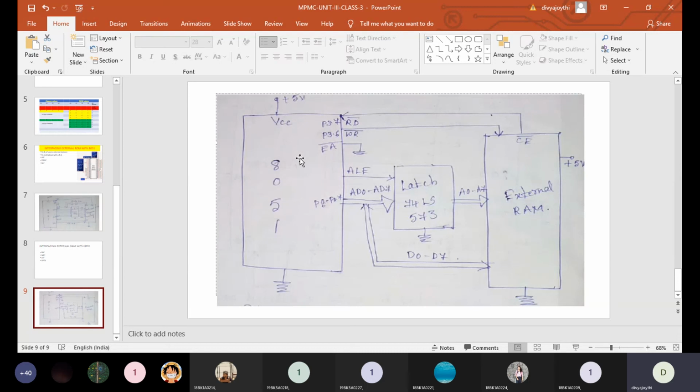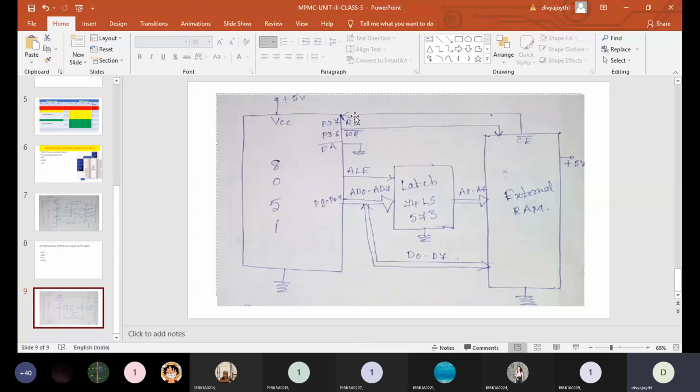And see here, along with EA bar, we are making use of read bar and write bar also. If read bar is equal to 0, that indicates that the 8051 is reading data from the external memory. And if write bar is equal to 0, that indicates that the 8051 is writing some data to the external memory.